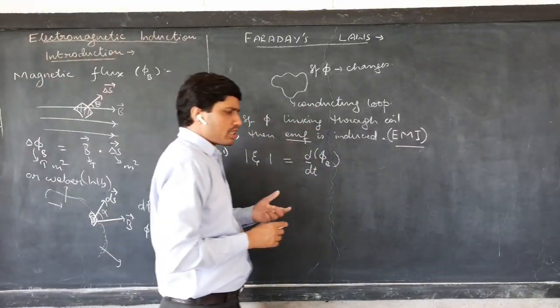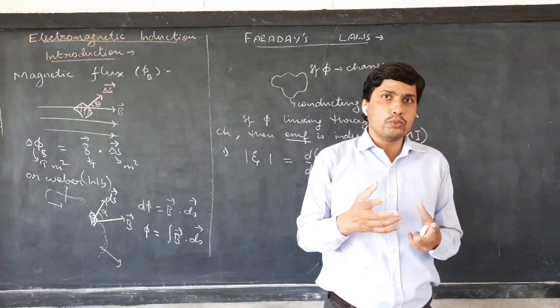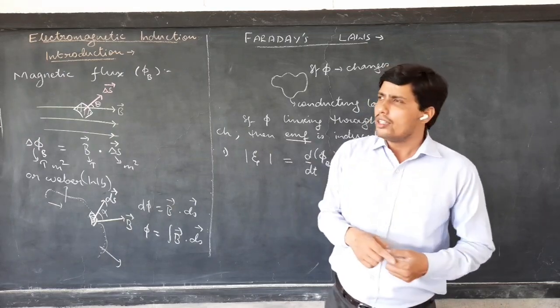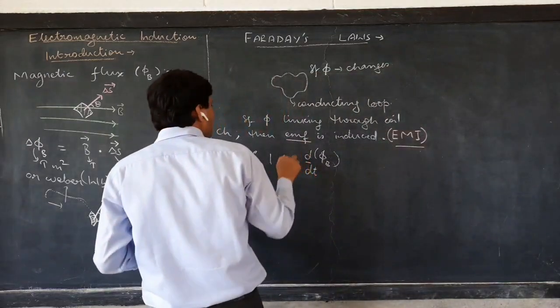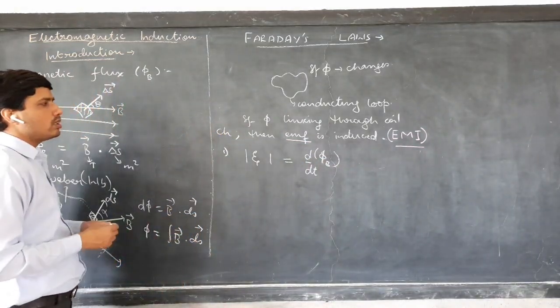The net flux linkage, we should say. Actually, if we have one turn in a loop, suppose we are having a loop of wire, instead of one, if we have suppose three turns in that loop, then we can multiply this equation by n. Here you should understand this is the total flux linking through all the turns of the coil.